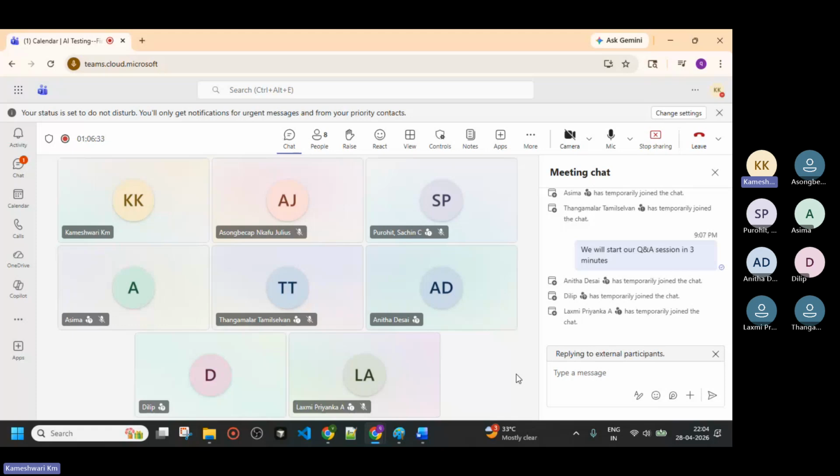Agentic AI is completely orchestration, like it comes from your manager. He will give one task and say, do the testing and raise the bugs. Everything has been predefined. Now he won't look at anything. It will go to Dilip, Priyanka, Asima, and the rest of the people. The task has been segregated, and each one is considered an agent. We will test the application, write the test cases, run them, and find the bugs. Finally, everything will be completed in one go. That is from the manager level. That is agentic AI.